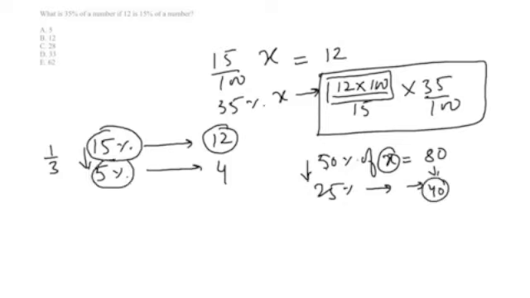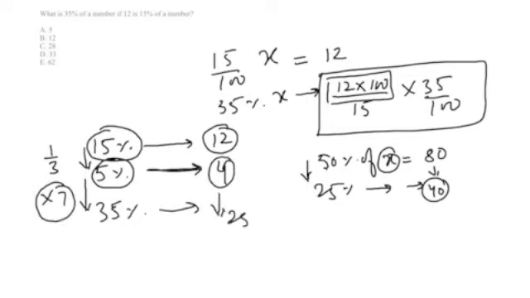So 5% becomes 4. Now what I need is 35%. That means 7 times. So 7 times 4 would be 28. So that's our answer. This needs far fewer calculations and we can actually visualize this easily. 15% of something is 12. 5%, that means 1/3, would be 4. 35% means 7 times 5%. So 28. Let's see another question.